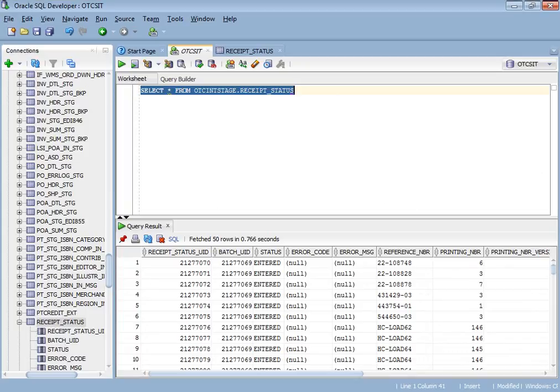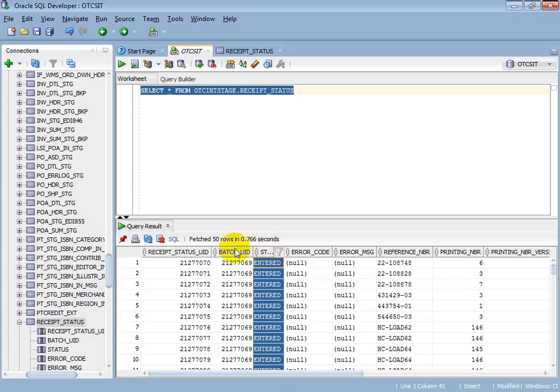So whenever the first job has been run in OTC through the engine, the system picks up all the print and bind receipts and transfers which are closed in the OTC system and populates the information in the staging table with status entered. After that we need to run the Indy receipt status job, which processes these records, changes the status to processed and sends the information to WMS.